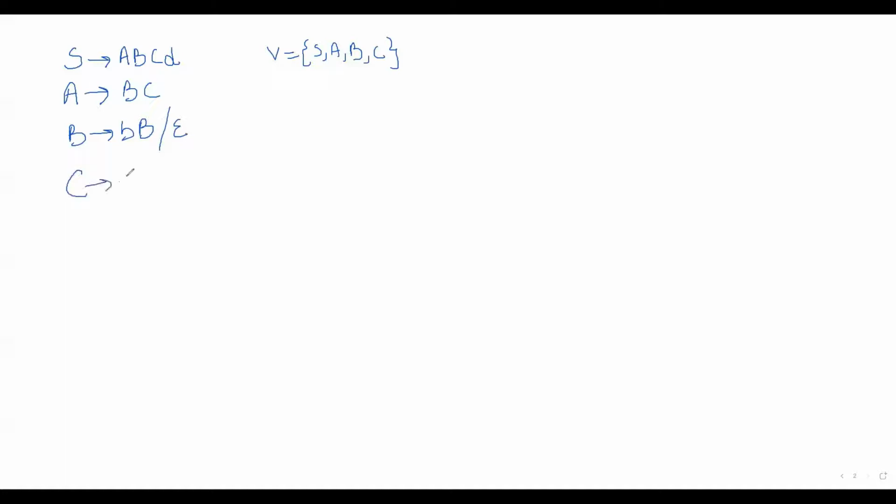C gives CC and epsilon. So the non-terminals are S, A, B, and C. The terminals are b, c, and d. These are our terminals. And from this grammar, we have to remove